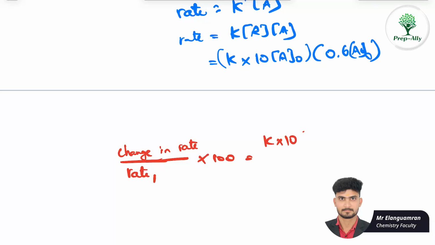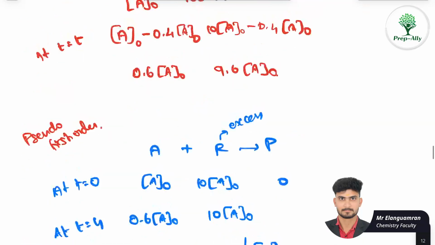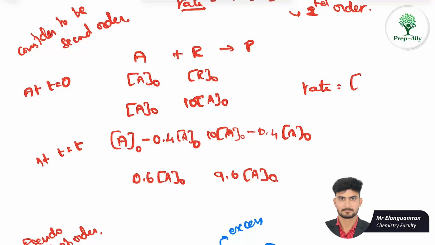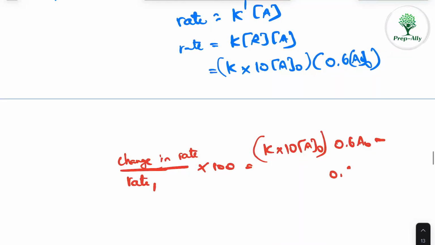So k into 10 A naught minus 0.6, sorry, 0.6 A naught, minus, and the rate of this equation, oh we didn't write the rate for this equation, rate is equal to k into 0.6 A naught and 9.6 A naught minus 0.6 A naught into 9.6 A naught,